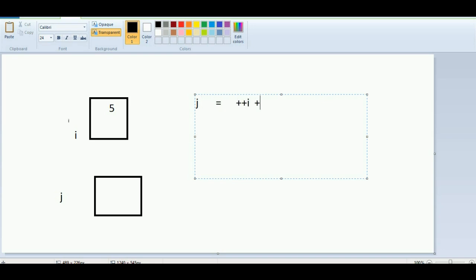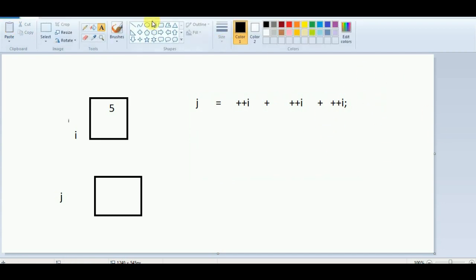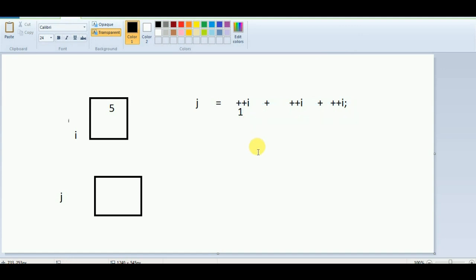Now I want to print those results, the i value and j value. How to print i and j? i equals to percent d and j equals to percent d. We need to print i and j values. Then what is the result?